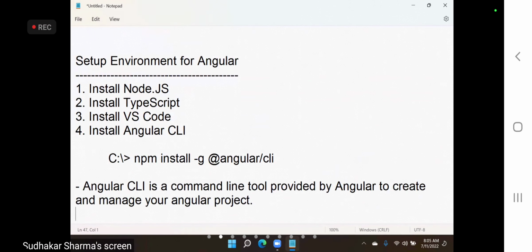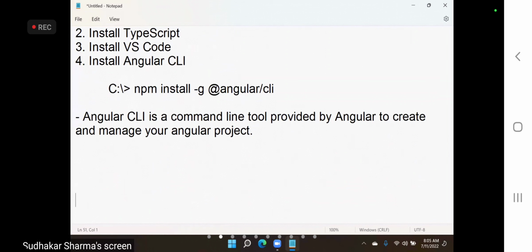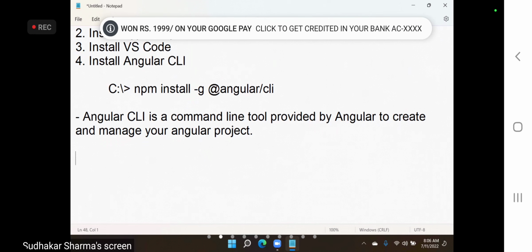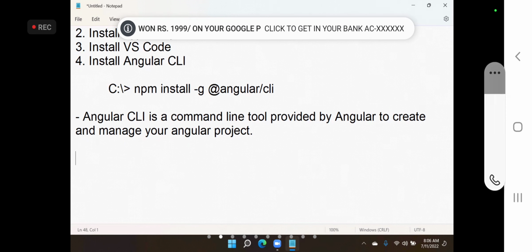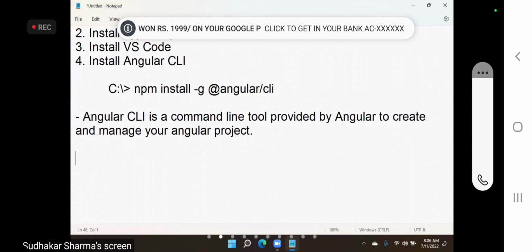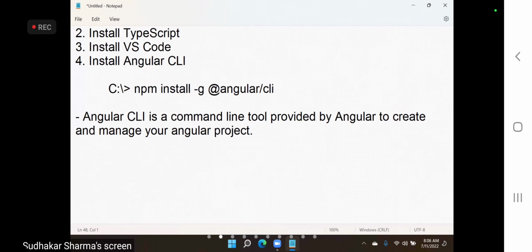So to create an Angular project and to manage your Angular project, a command line tool is provided. Command line tool means from this tool, you run some commands and those commands will do the work, like creating a project, adding libraries, creating whatever is required for the framework, setting up the environment, deploying, testing, everything we can do by using these CLI commands, right?